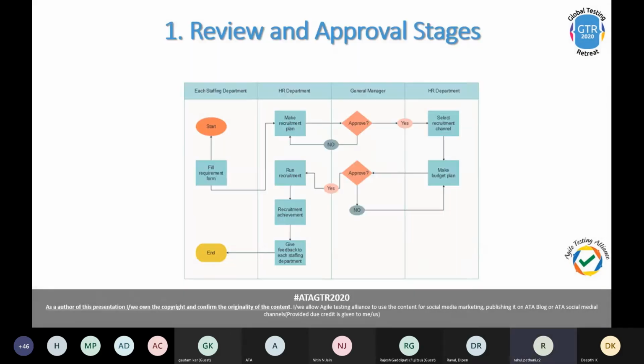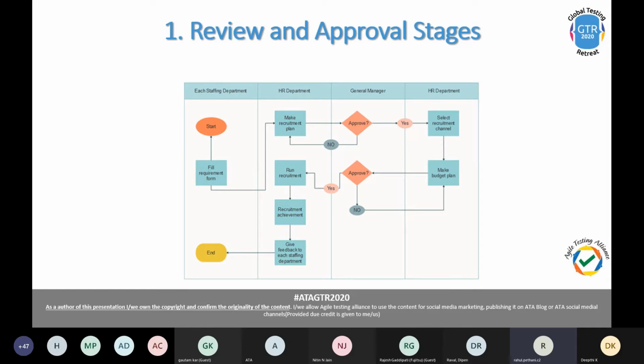Okay, let's see what's there on the plate. Out of 10 test scenarios that I would say are a must to cover for workflow testing, first is review and approval stages. Generally the tester looks into the business requirement document or the system requirement specifications, and then analyzes the same and jots down the testing strategy. An important thing is to write the test cases. The tester should not miss any of the scenarios or any of the functionality.